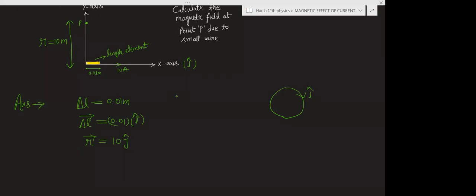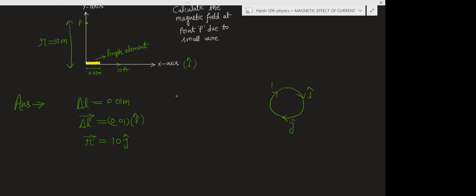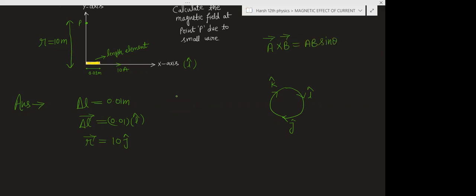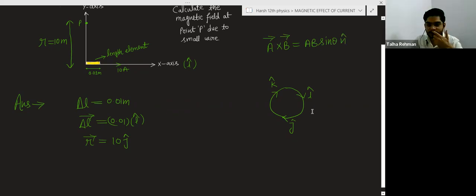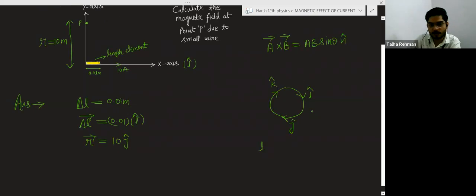I, J, K, just multiply it. And I want to tell you before that, if A cross B is written, then you will write C. AB sine theta and you will take n cap. So this is the thing you will take. And suppose if you want to find I cross J, then